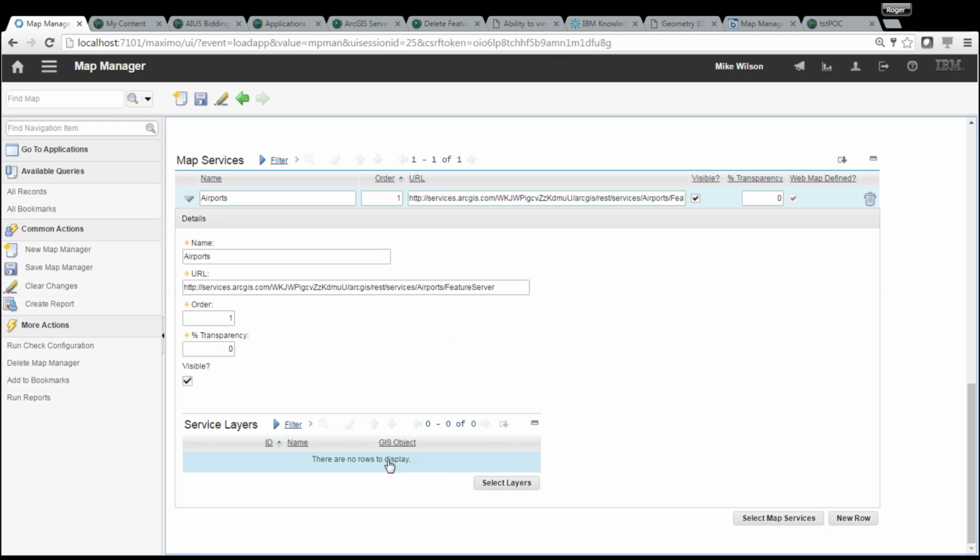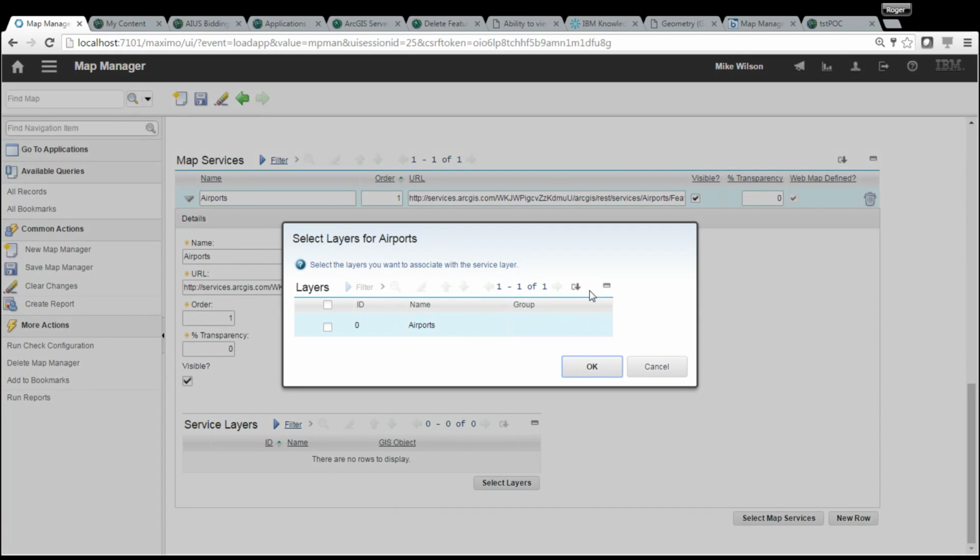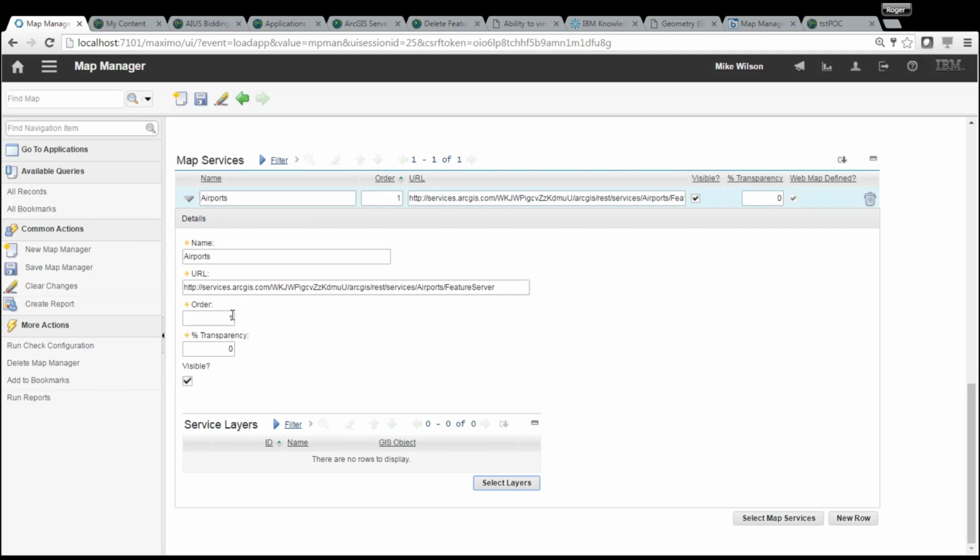And if it isn't, and I want to manage it through Maximo, this layer in Maximo, and I want to give it a GIS object, and if I select a layer, oh, well, that one gave me the airport. I guess I tested just before, and if you recall, I hold the token until the token expires. So since I just recently tested before I started recording, the token is probably still active. That's the only bad part of it. But what would have happened is it would have failed, and then you would have to add the token back in